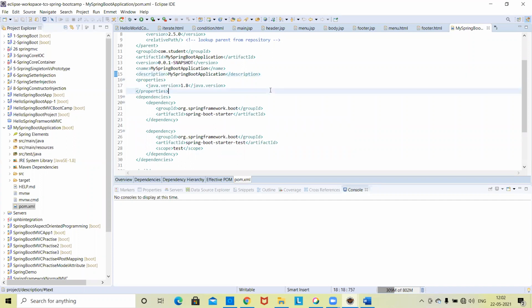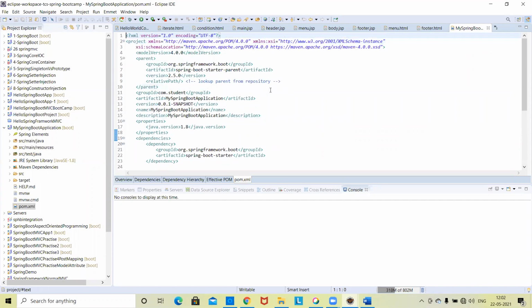Okay, good. On top, this pom.xml is a mapping file for a Spring Boot project and Maven project. When your entire project is running in the server, this pom.xml contains all of the mapping information.